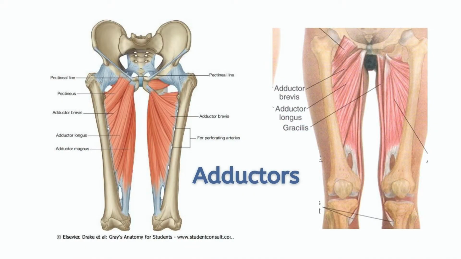The adductors are the inner thigh muscles that draw your legs towards each other. Now, if you have a hip height inequality and you're having sciatica symptoms, that's usually the case. Usually with sciatica symptoms, there's a hip height inequality, which often means you have a tendency to stand with your weight on one side. Now, if you're trying to fix that and level your pelvis and get yourself out of pain, if you don't release the inner thigh muscles, you're not going to ultimately be successful in getting rid of these sciatica pain symptoms